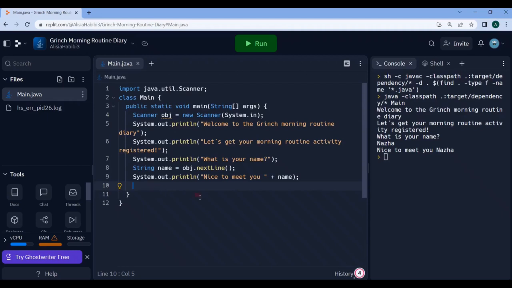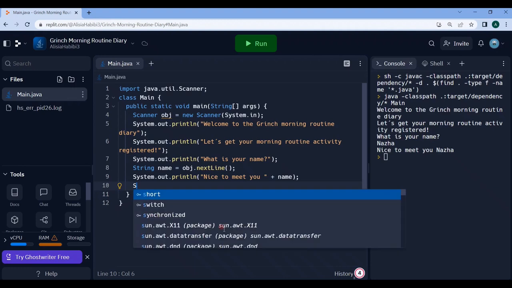and that will be on the next line. So the instruction is enter your morning schedule according to the time provided below, and that's where we're going to tell them what do you do at 7 a.m., what do you do at 8 a.m., at 9 a.m., and so on. So we're going to print again